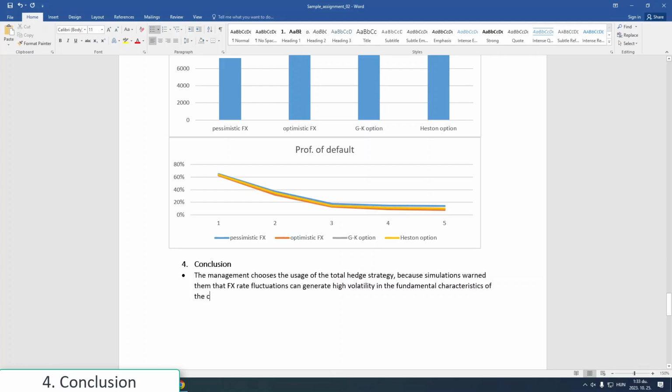The fundamental characteristics of the company. Yeah. This choice will generate additional expenditures, but it is compensated by the preferred and fixed